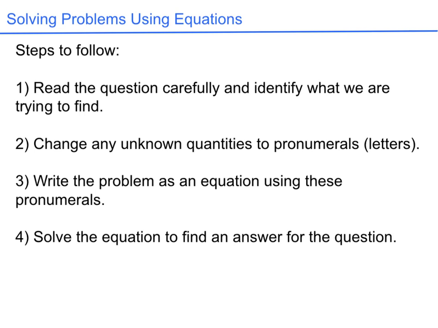There are 4 steps to follow to rewrite any word problem as an equation that can be solved. Firstly, we need to read the question carefully and identify exactly what we're trying to find. This will help us to understand how the value that we find from the equation relates to the question that we've been given. Secondly, we want to change any unknown quantities into pronumerals, which we know from our study of